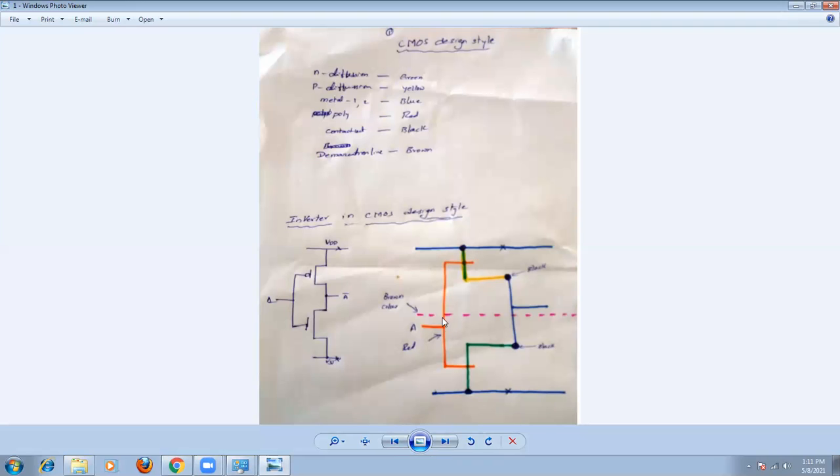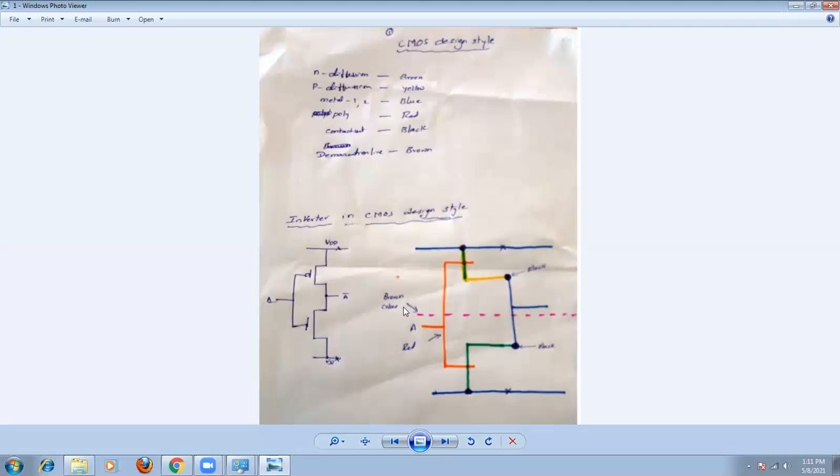Now this is the N channel transistor. In the N channel, the channel is N type. So I'm using this method to draw the N channel transistor. You can use only a single vertical line also, no problem. For a stick diagram, you must follow the rules, and you can draw in any way. You can follow any method, but the rules must be satisfied. That is the main thing.